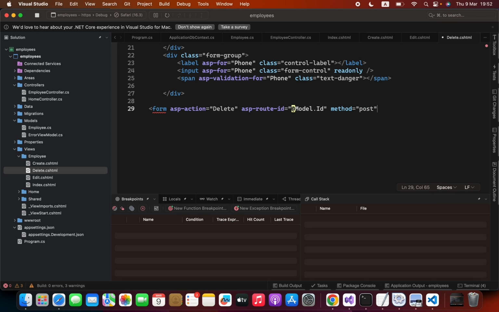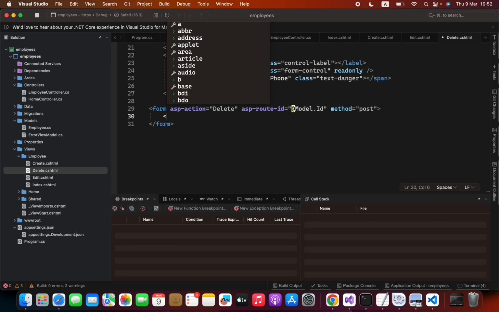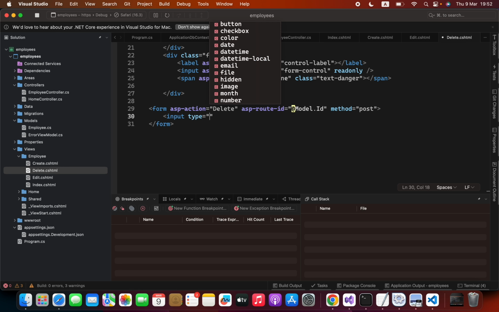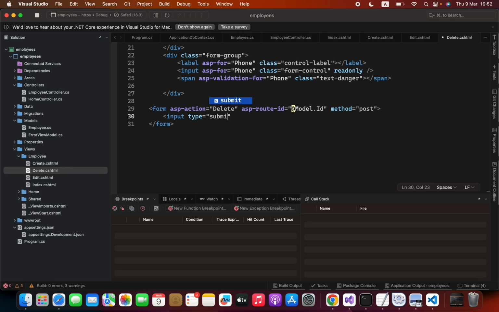Now, inside this form I am going to create an input field, input type as submit, and value as Delete, and the class as btn btn-danger. All right,